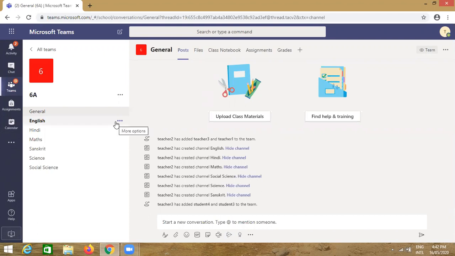To send the assignment to the students, we will click on the appropriate class or team for which we want to send the assignments. Here we are clicking 6th A. The assignment is by default given in the general channel.